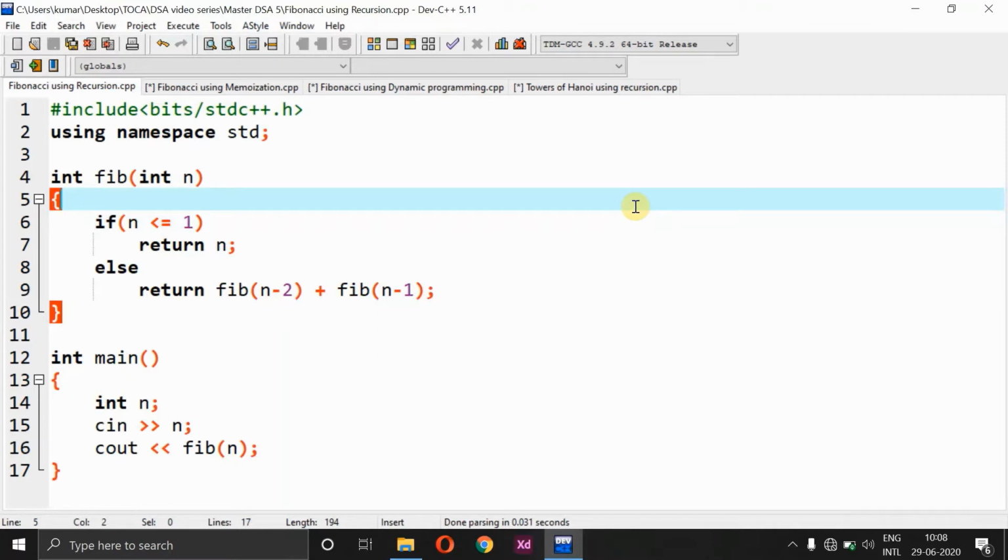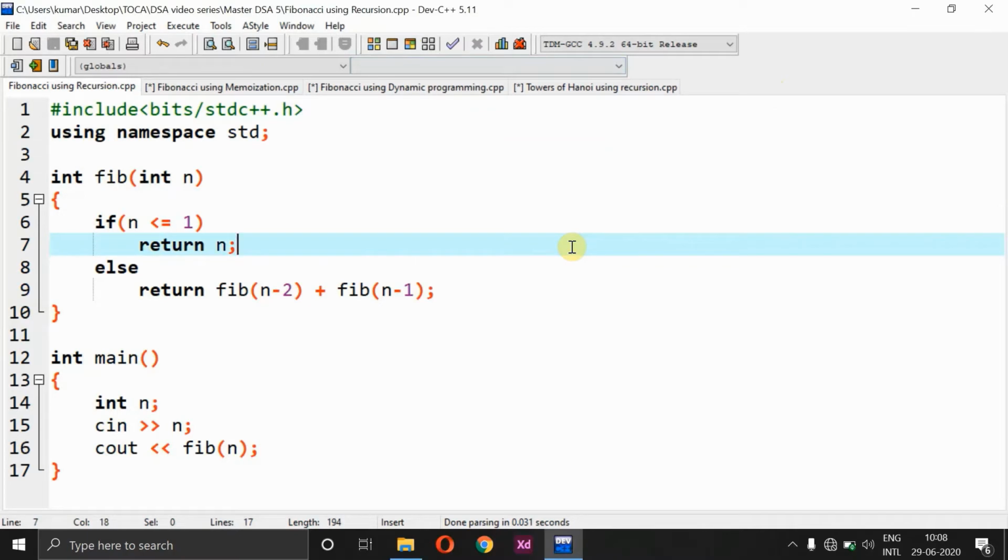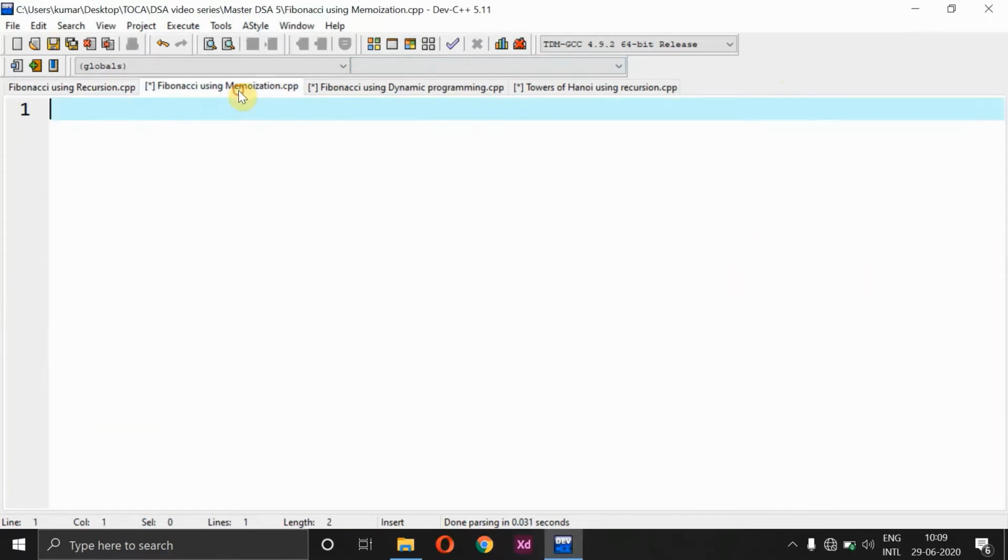So this is the approach using recursion, but actually it is a slower one. For example, if you see this, it takes a lot of time to compile and show me the console screen. It means that recursion actually takes a lot of time. Now let's try to minimize the time complexity of the program, for which we are going to use the same program, but the concept we follow here is the memoization technique. So let's start the program here.